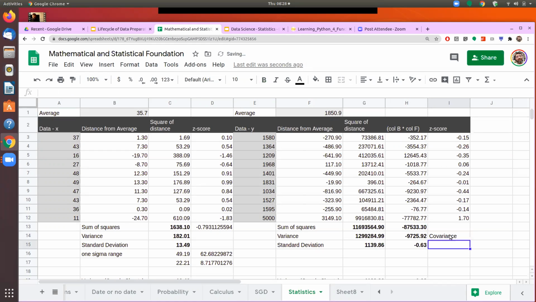And this one is called correlation, if you're talking about two different data sets. Okay. So this one gives me a measure. If the correlation is minus 0.63, it means that these are actually moving in opposite direction. If the sign is negative, it means that both the data sets we are trying to compare have a negative correlation. It means that if one goes up, the other would go down.